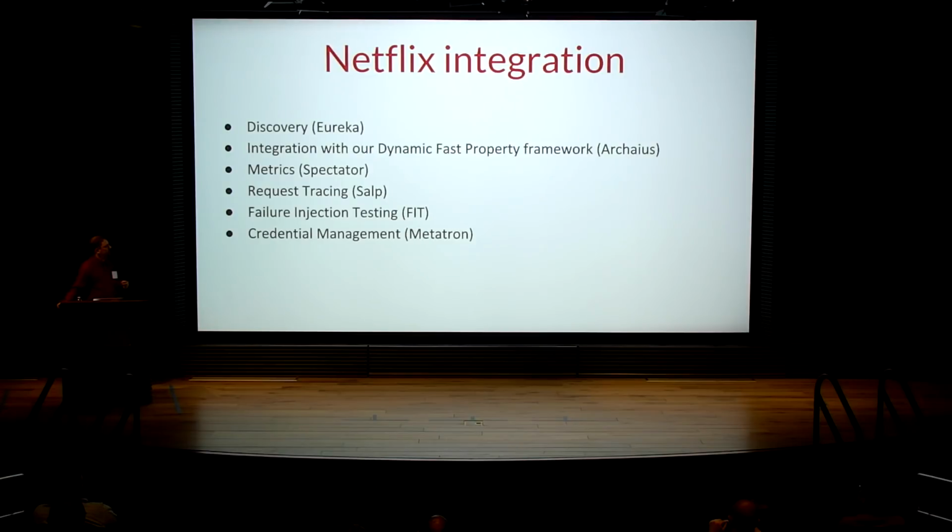The second thing we did is we integrated with dynamic fast properties, which is a framework that we have inside Netflix, called Archaius. It's also open source, as is Eureka. If somebody wants to change a property in the Janus Graph framework, they can do that in a UI, or programmatically through Archaius. The third is we integrated metrics. Janus Graph itself doesn't provide enough statistics for us, so we integrated metrics and Spectator, which is another open source project that captures statistics for us. We were able to see how many queries we do, what the latencies are, and therefore debug if there are any issues, for example in complicated graph queries.